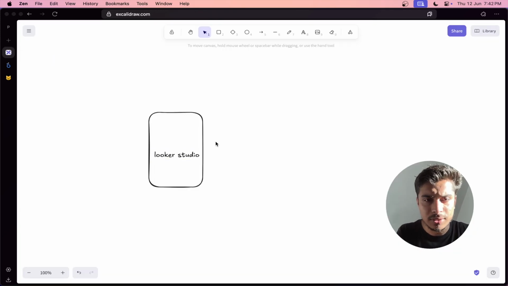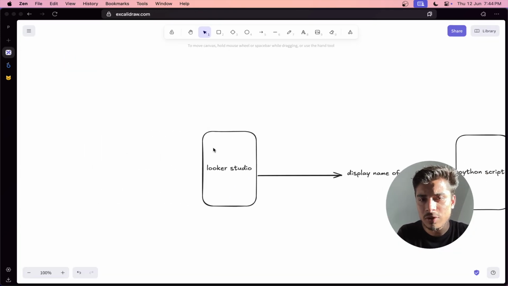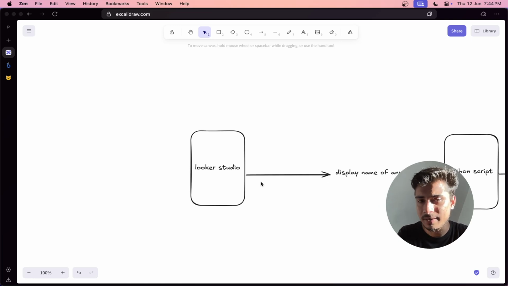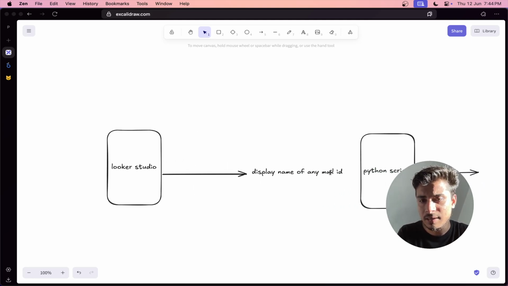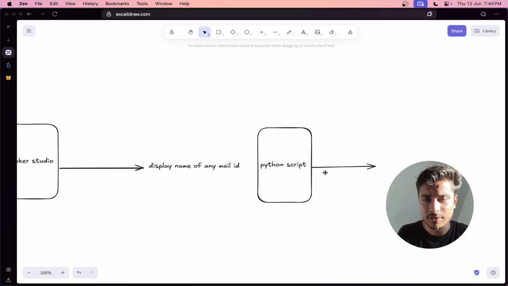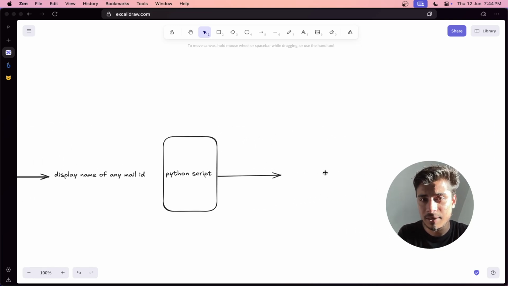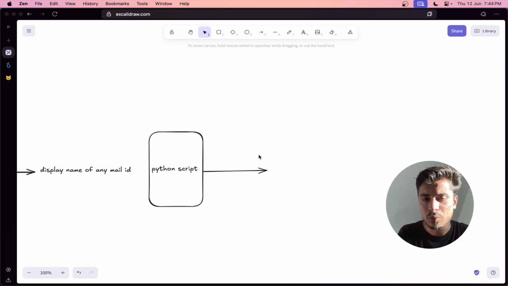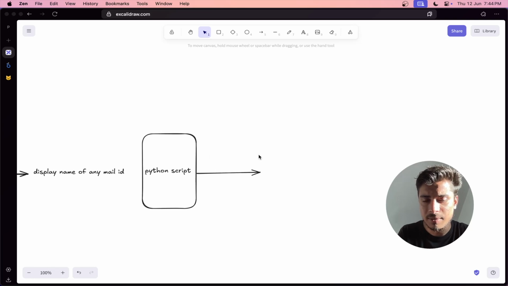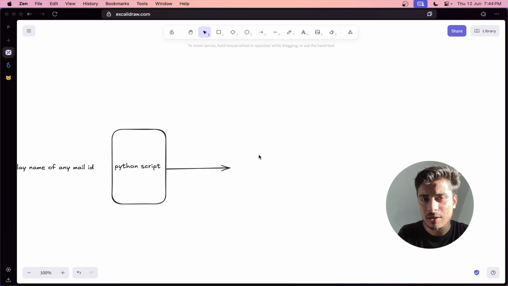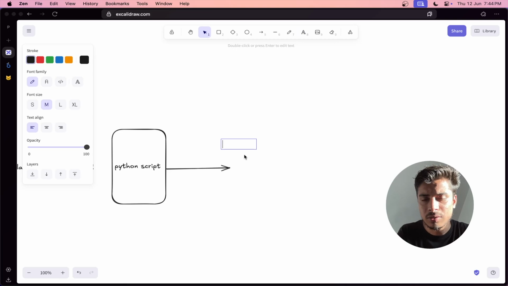So again, I want to quickly show here. What you have is the Looker Studio. From the Looker Studio, if you provide the mail ID, you get the display name, so you get the first name and the last name. Then you have the Python script, which helps you use that first name and last name. Then you can go to the Google form and say I forgot the password, and with that you get the information, which is your last two digits